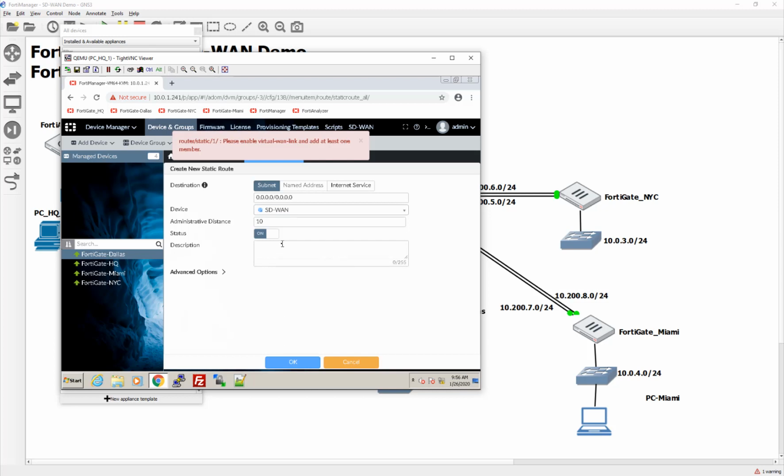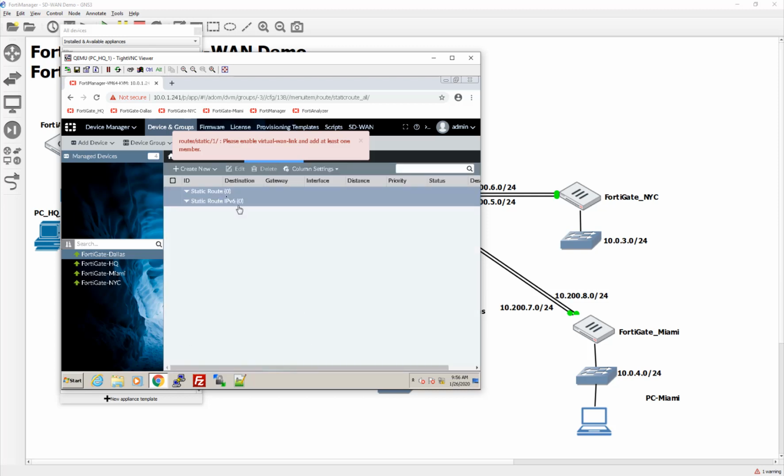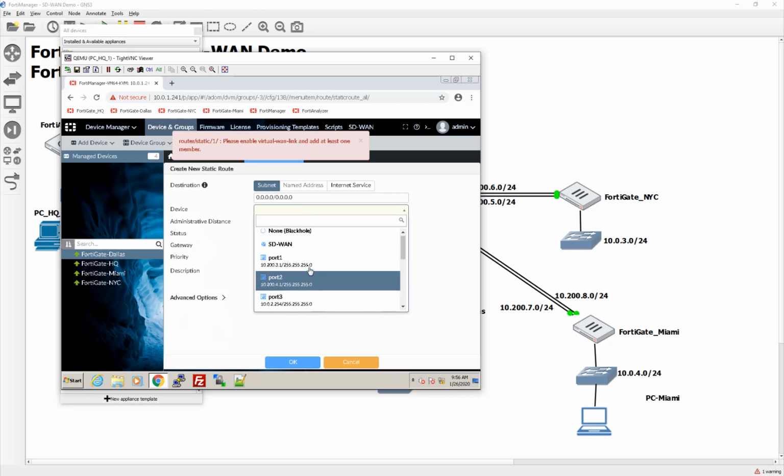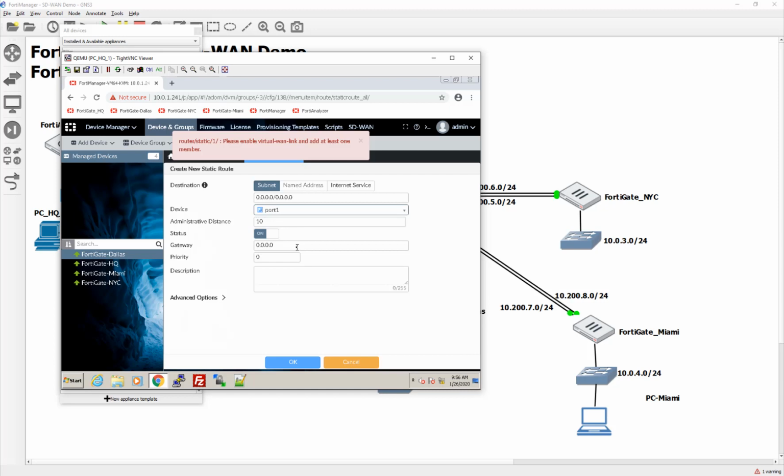Let's see here. Enable and add at least 1 member. Okay, so we do have to push it down before we do the default route. So let's go ahead and put that static route back in there for the time being. No big deal. I was getting greedy, guys. That's what it is. So, all right, here we go. Oh, excuse me. So here we go, and it was